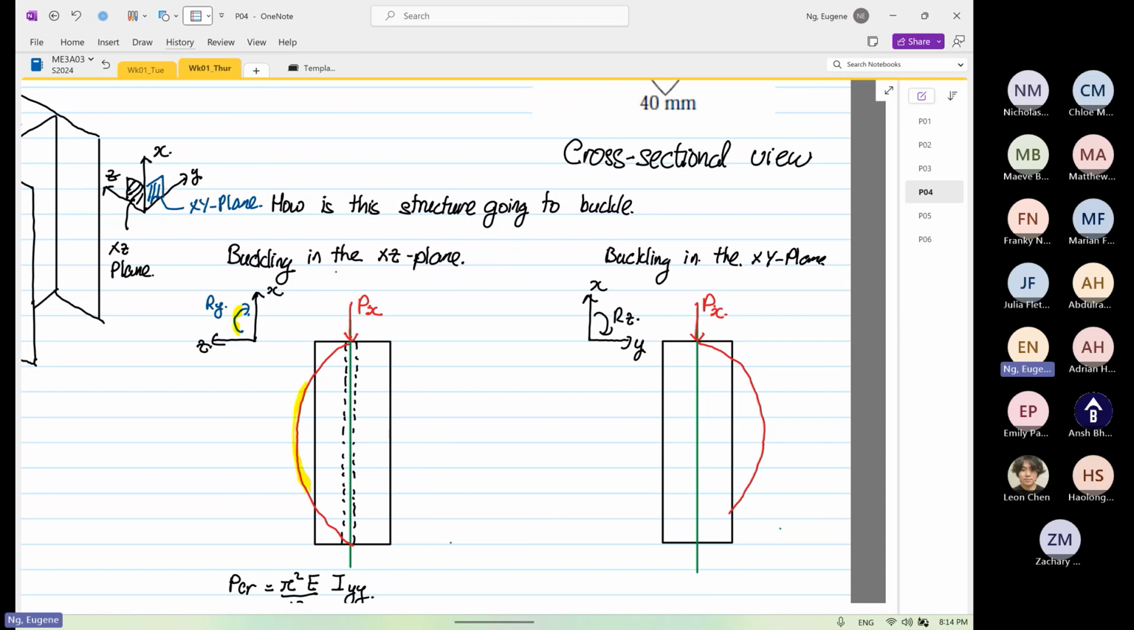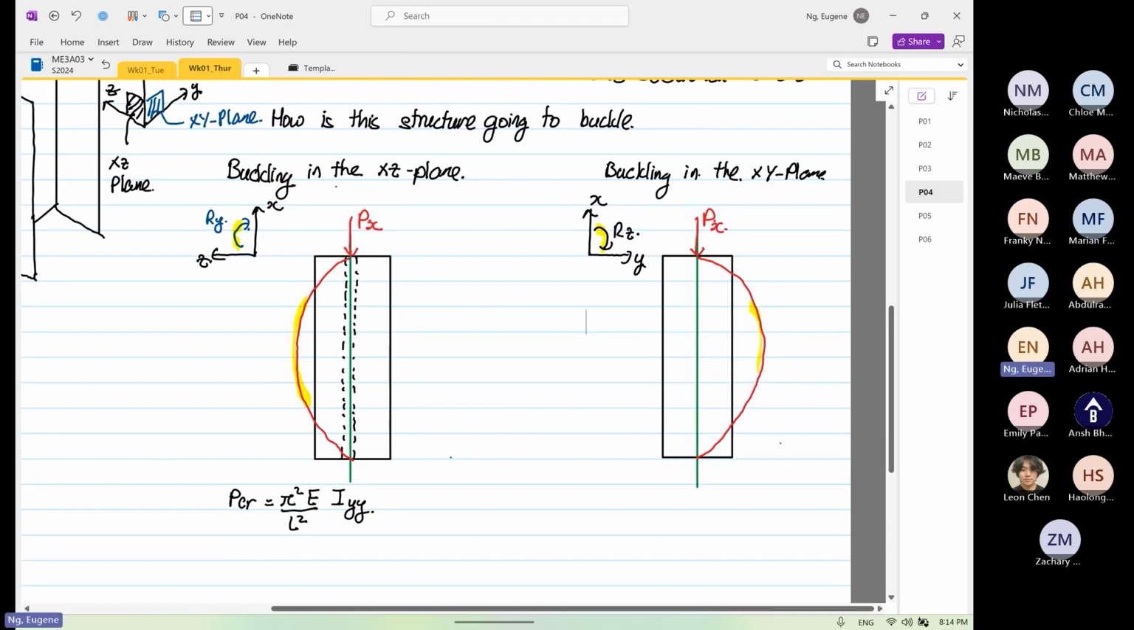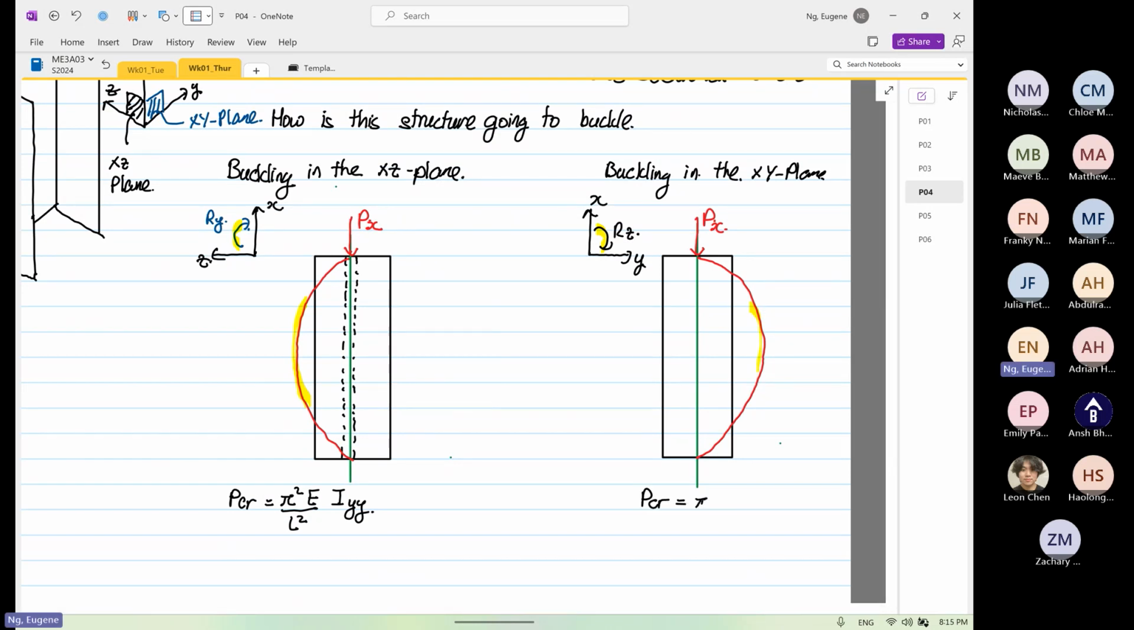So it can buckle in this direction. Let me finish here first. When it buckles in this direction, if you look at the curvature, this curvature is in the same orientation, so we know that PCR